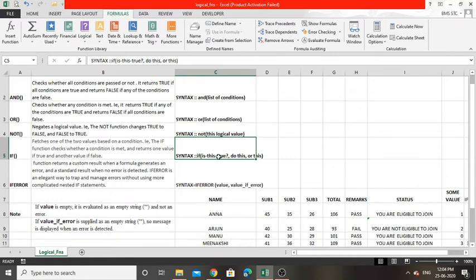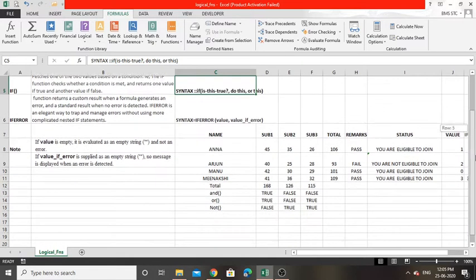Is this condition true? Then the second argument is the value returned if the condition is true, comma, else the value returned if false. So IF takes three arguments: the first one is the condition, the second one is the value if true, the third one is the value if false.